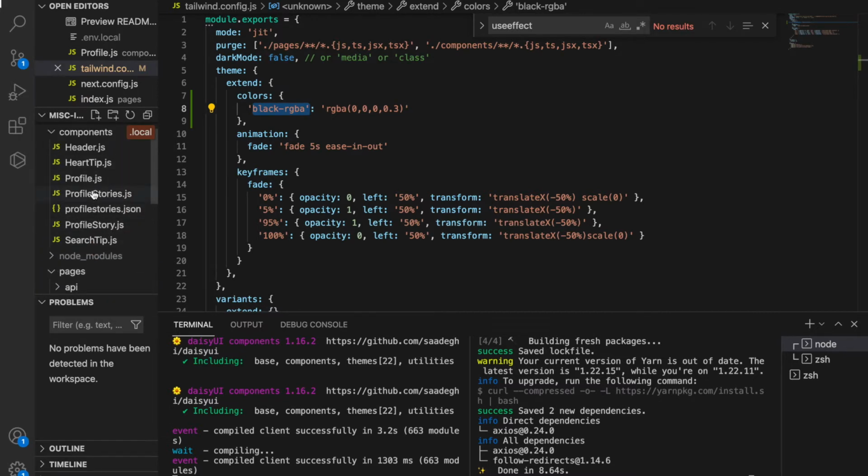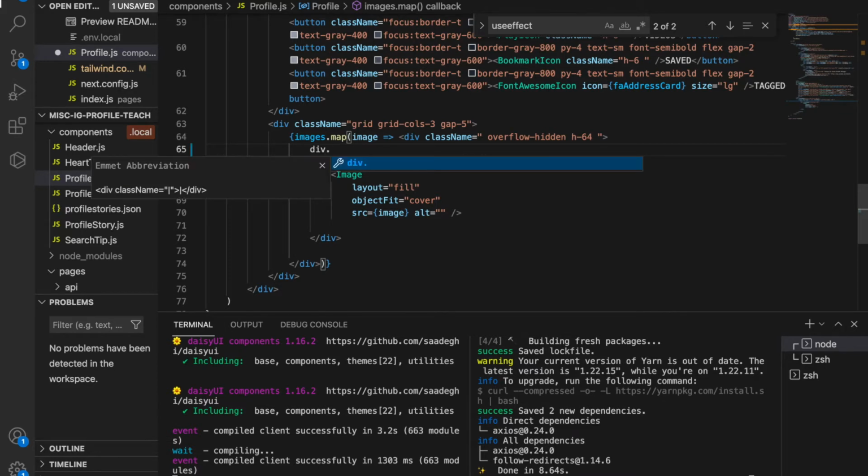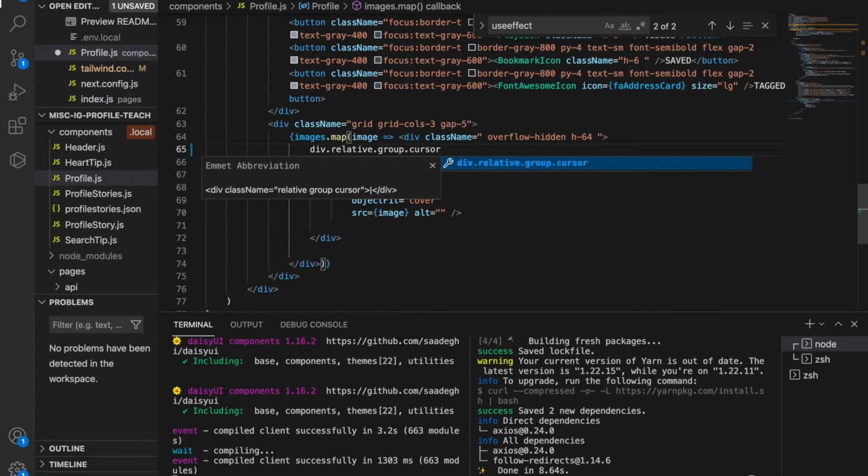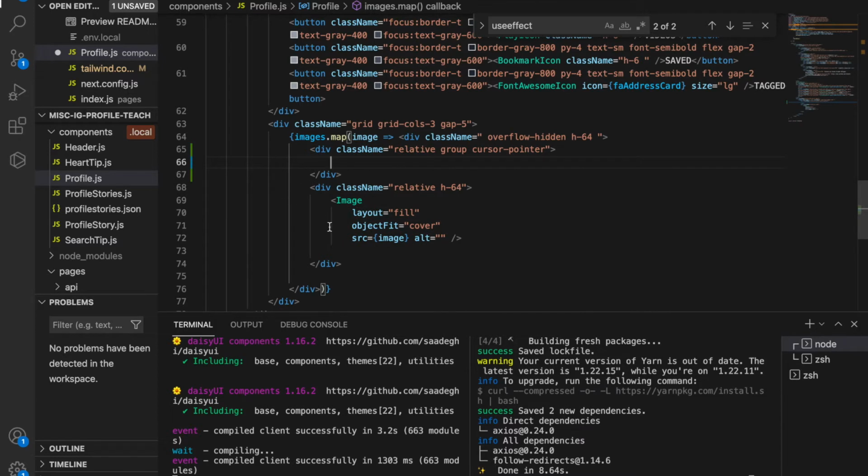profile.js. So we go back to the profile.js, and on top of this we create another div, and we use the relative class and the group. The group is a custom name, which is used to trigger another element later. So we create this div, and we put all of these inside the div,